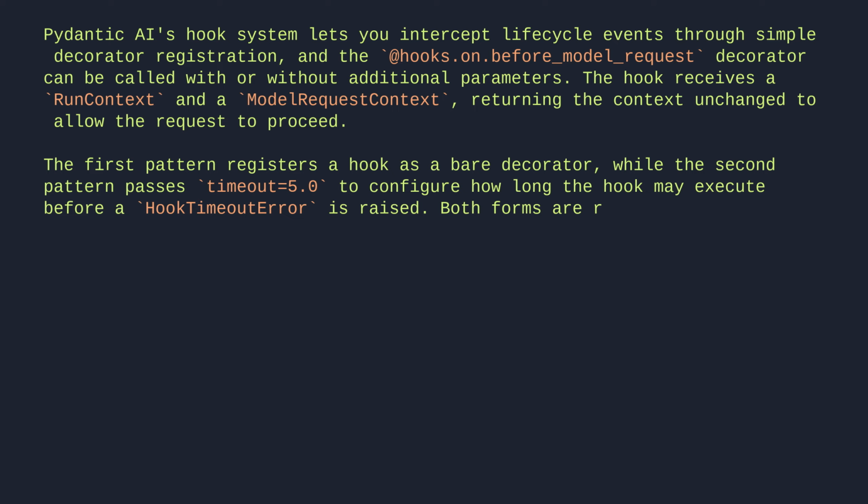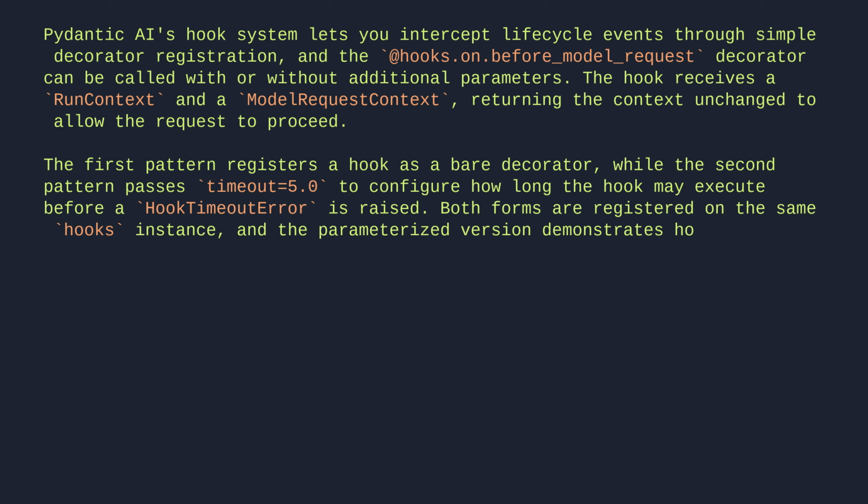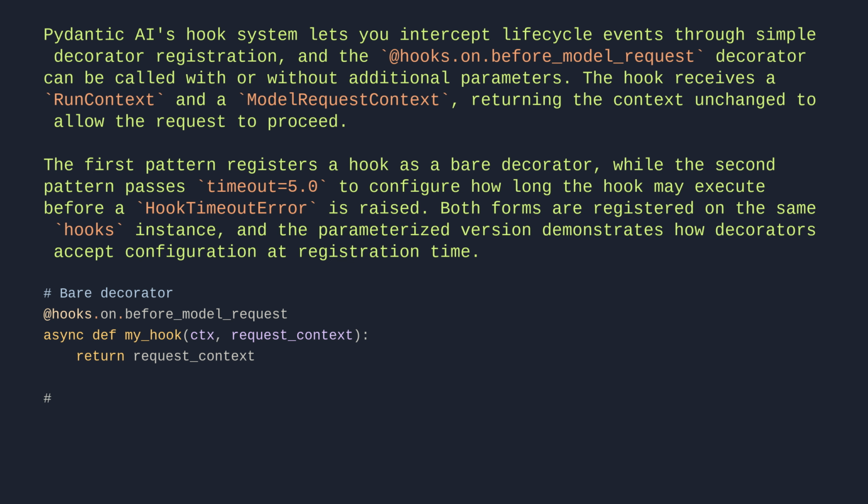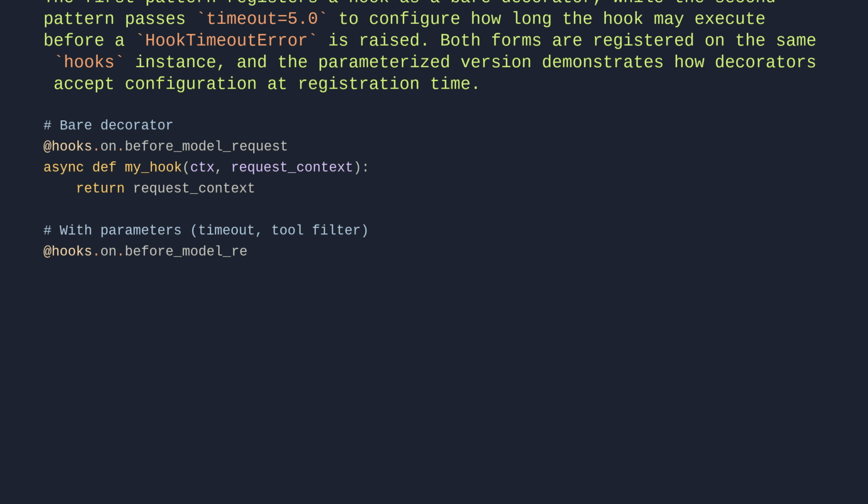Both forms are registered on the same hooks instance, and the parameterized version demonstrates how decorators accept configuration at registration time. # bare decorator @hooks.on_before_model_request async def my_hook(ctx, request_context): return request_context # with parameters (timeout, tool filter) @hooks.on_before_model_request(timeout=5.0) async def my_timed_hook(ctx, request_context): return request_context